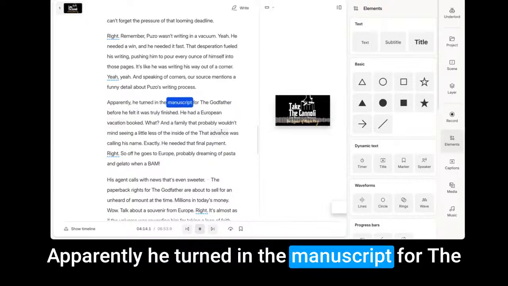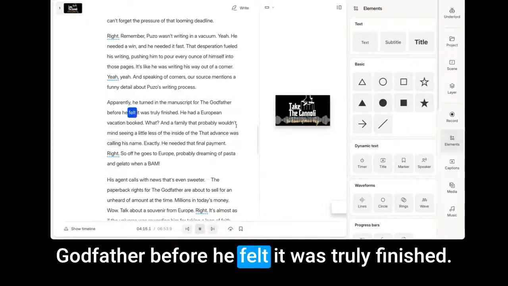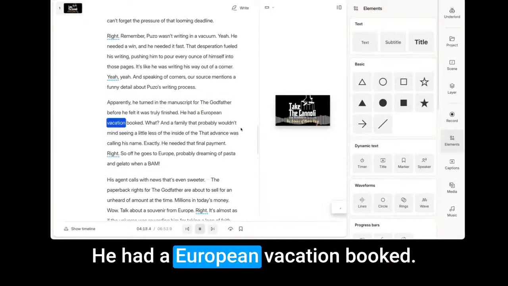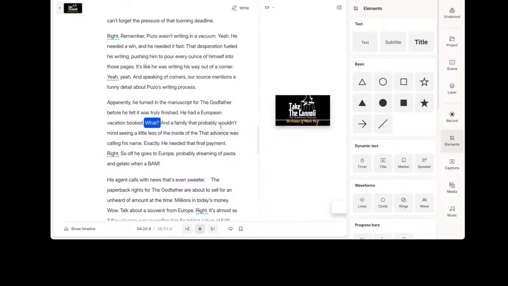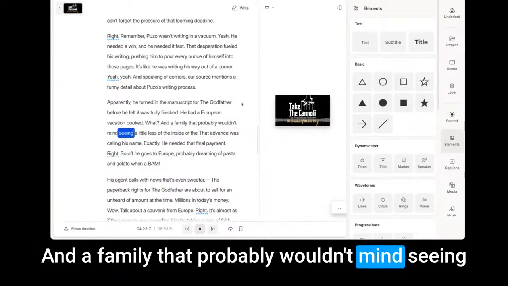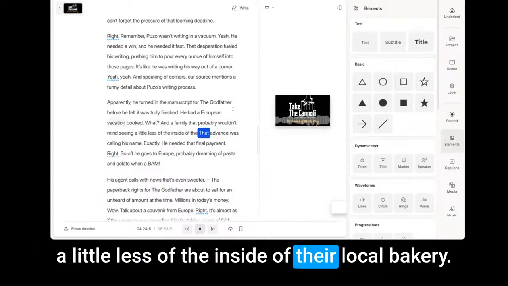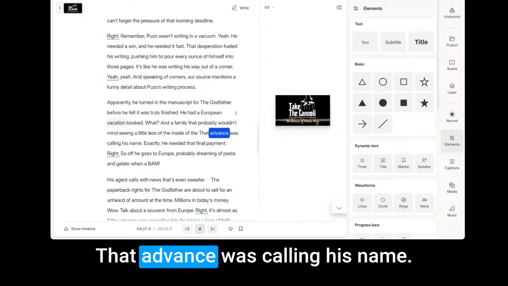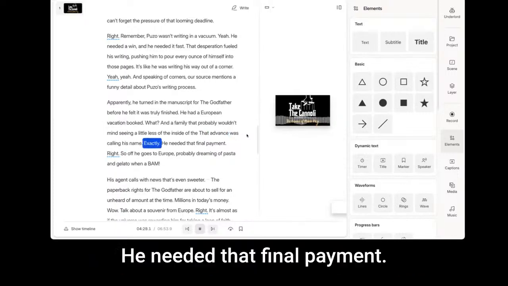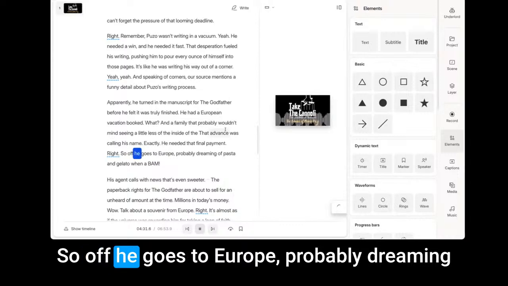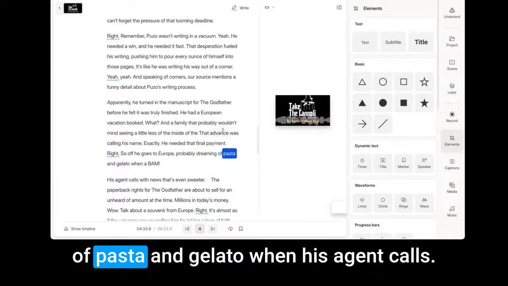Apparently, he turned in the manuscript for The Godfather before he felt it was truly finished. He had a European vacation booked and a family that probably wouldn't mind seeing a little less of the inside of their local bakery. That advance was calling his name. Exactly. He needed that final payment. So off he goes to Europe, probably dreaming of pasta and gelato. When he's back, his agent calls with